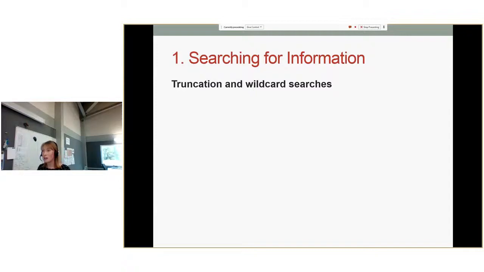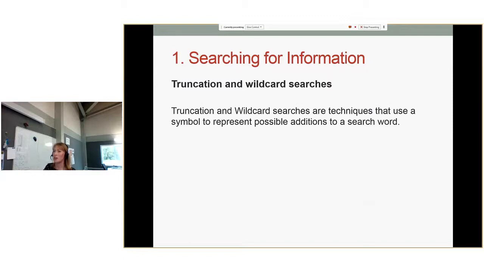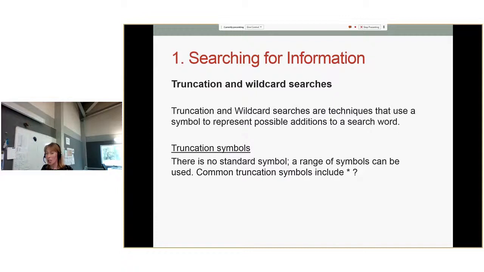Then another one here is truncation and wildcard searches. These are search techniques where you use a symbol to represent possible additions to a search word. This technique varies depending on what search engine you're on. I've had mixed results on Google Scholar.